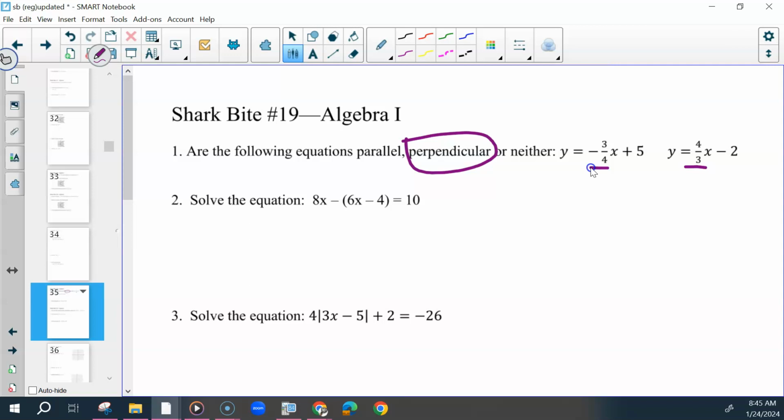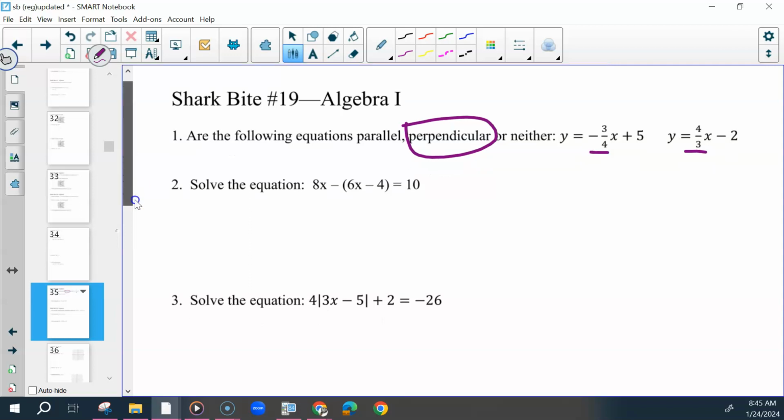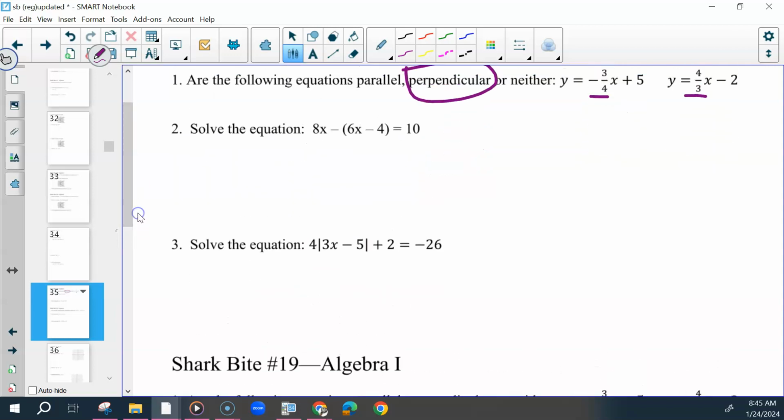So in the box, you just write perpendicular. If you were to graph this, you would see that they cross and that they make a T. For number 3,